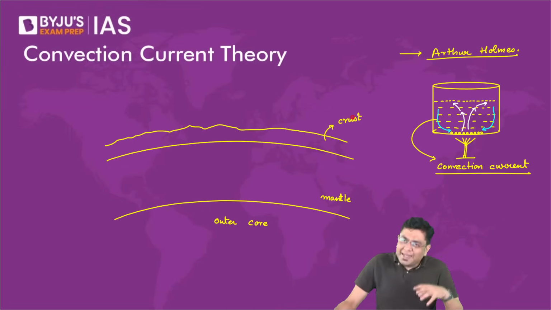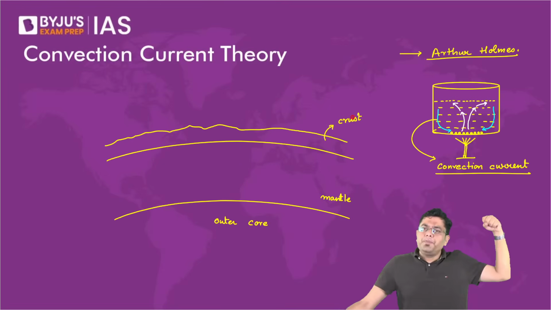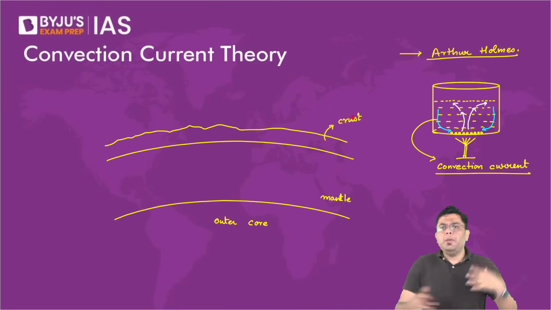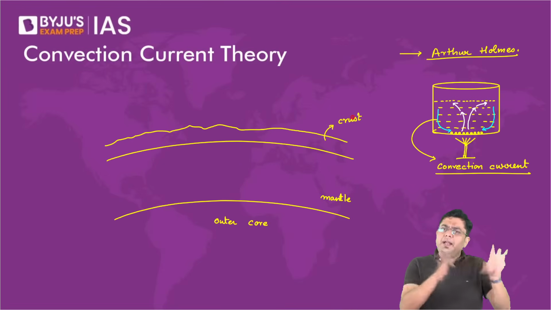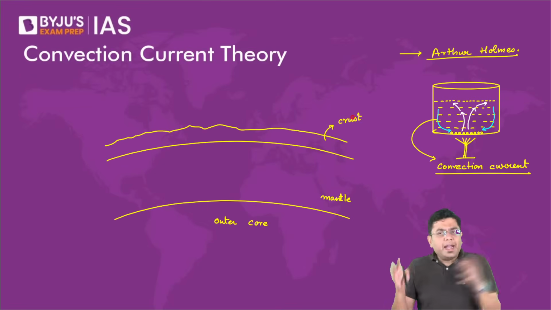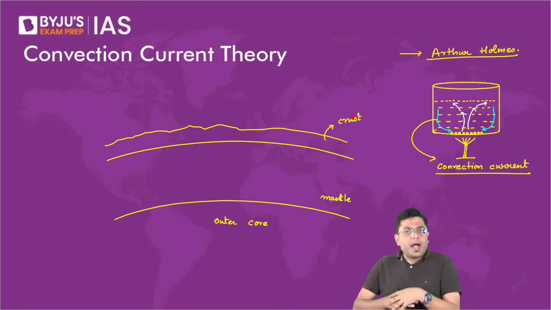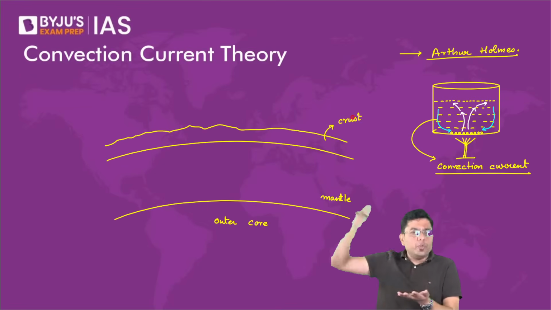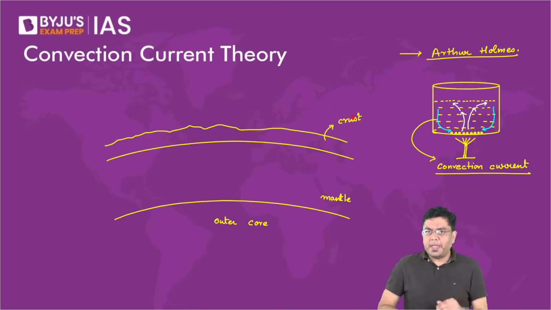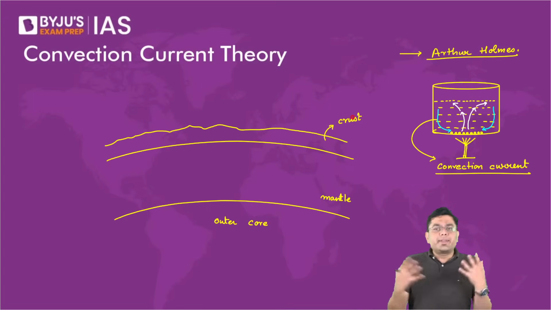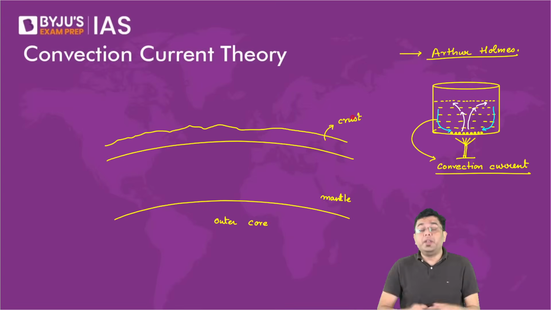So that heat is produced from some location, it continues in that region maybe for, let's say, 200 million years or 50 million years and so on, and it will extinguish in that region. And then maybe from some other place, again residual heat will try to escape. So again from some other region, residual heat will try to escape. So like that, the planet is continuously losing that residual heat.